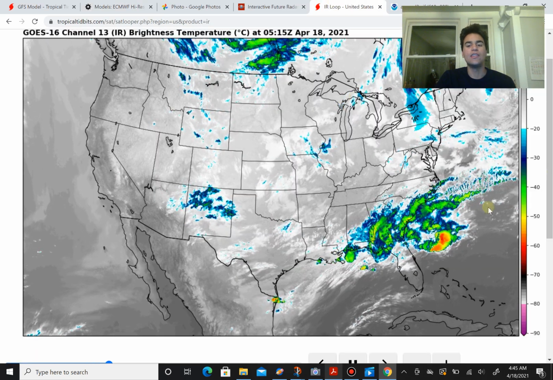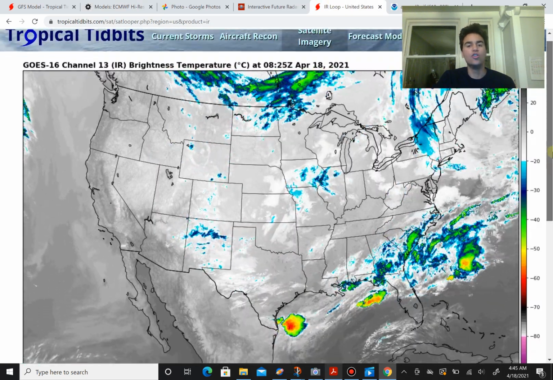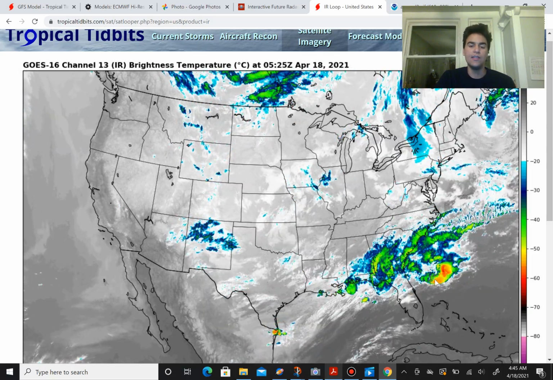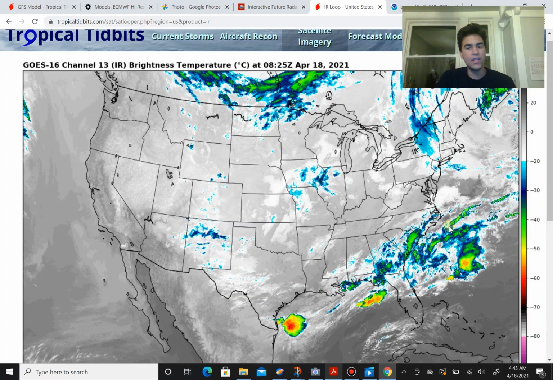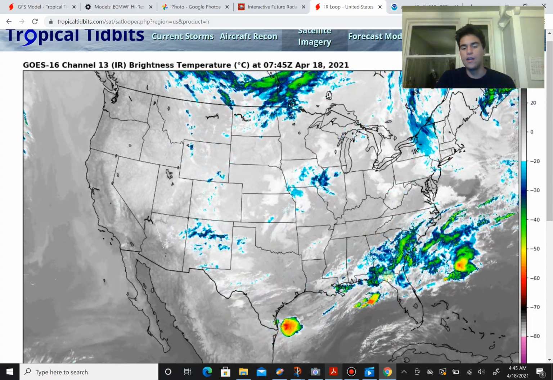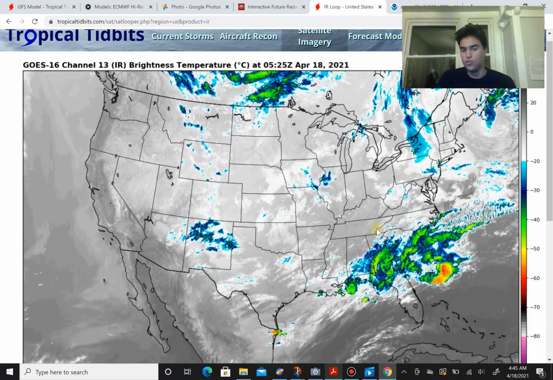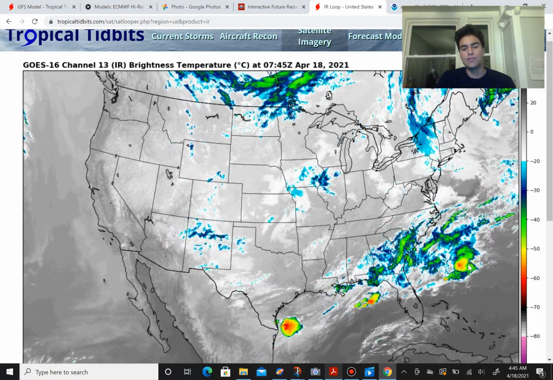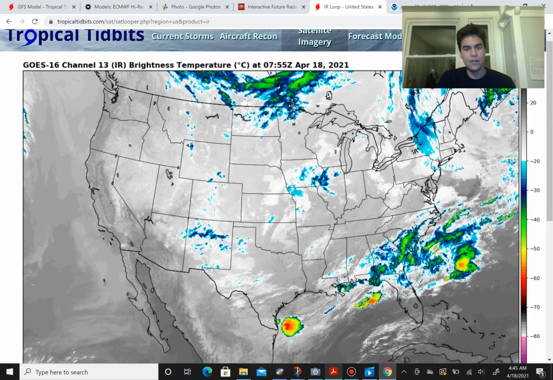Taking a look at the current infrared satellite loop, you see that most of the thunder shower activity is towards the southeast. However, it's very weak. There isn't a ton of unstable air to create a lot of lift to induce any sort of severe weather. So as a result, do not expect any major impacts associated with these rain showers throughout the southeast,